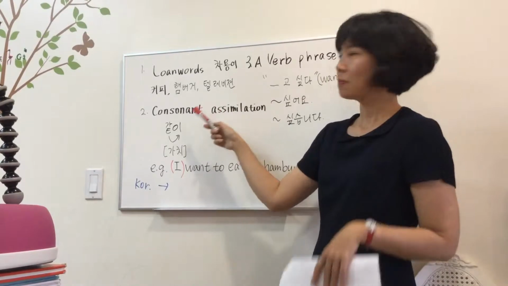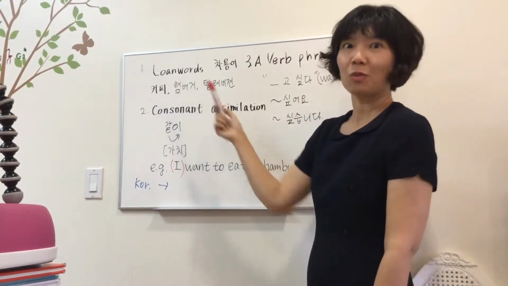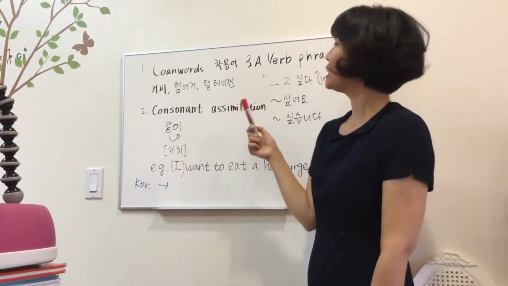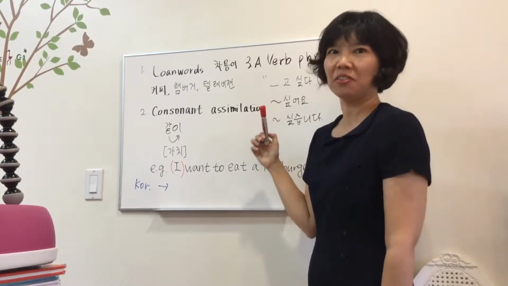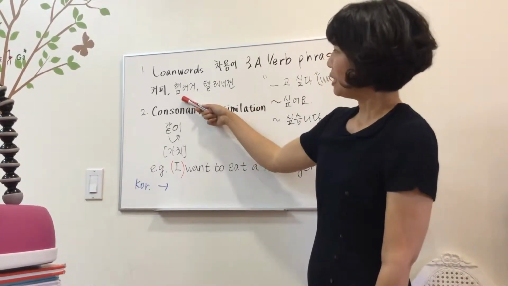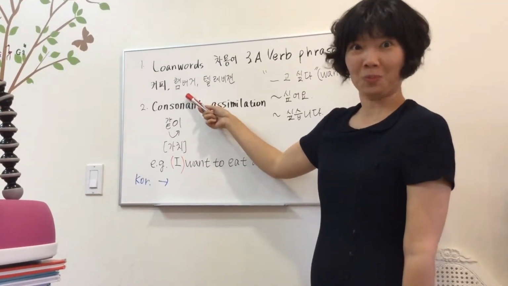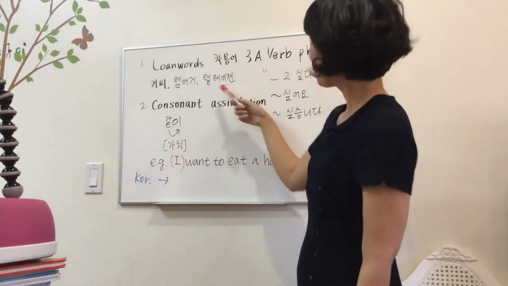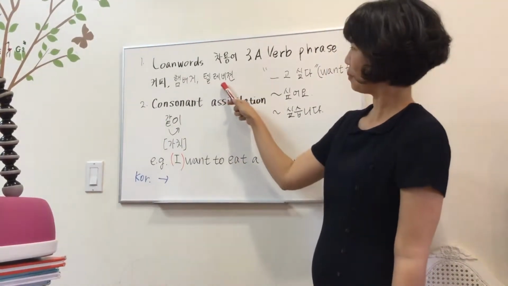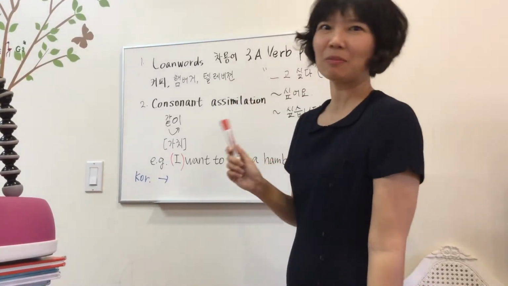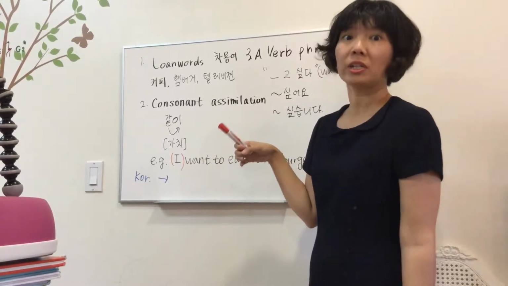For example, this is coffee. Coffee means coffee in English. So basically the meanings are the same, but the pronunciation is different. This one, can you read, Marie? 햄버거. Good, well done. Then this one, Sophie? 텔레비전. Yes, good job. So as you can see, there are a lot of loan words in the Korean language,